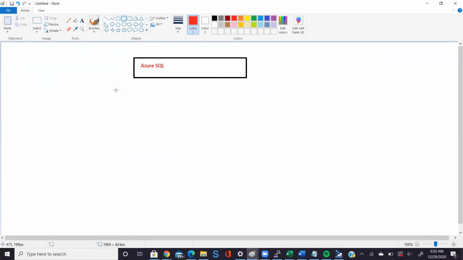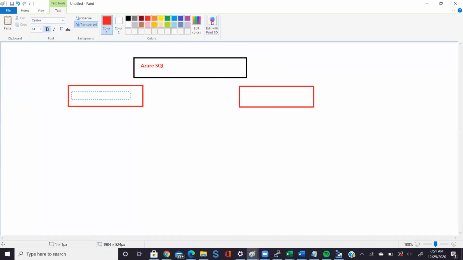So you have two components. One is a server, and one is the database. One component is called SQL Server, and one component is called SQL Database.